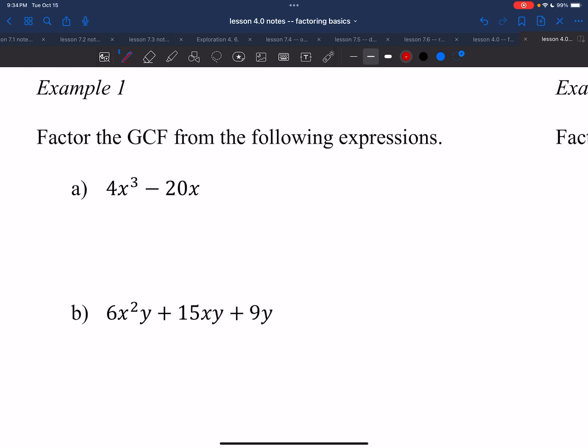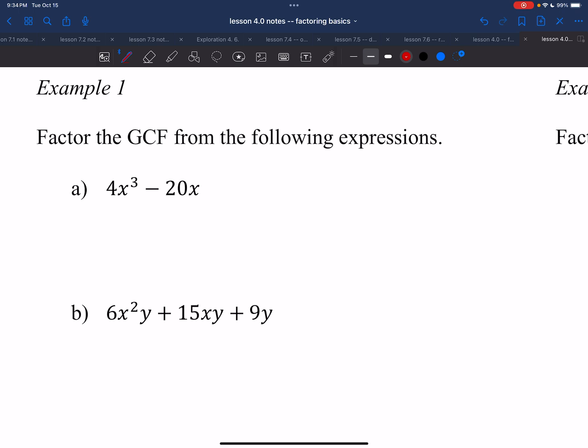Here's example 1. It says factor the GCF from the following expressions. So I've got 4x cubed minus 20x. Now, if you have pretty good numerical intuition, you've seen this before, you know what we're talking about. Maybe you skip ahead in the video, you check your answers, you see it, you're doing fine. I'm teaching this as if you've never seen this before in your life. And so if you said, I don't know how to find the greatest common factor between these two things, I say, well, how about you completely factor them